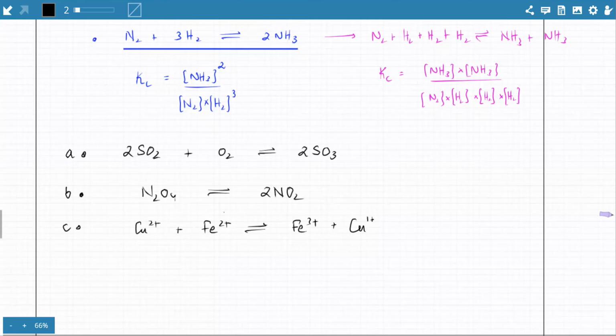Sanjida, I'm just going to quickly go through the last one that you sent. Why is it becoming squared? Remember, I told you that the coefficient becomes the power. In this particular case, you have this reaction happening: one mole Fe3+ plus one Cu, one plus one Fe2+ plus one Cu2+. So the Kc expression, if you're going to write it, is going to be the Fe3+ concentration,